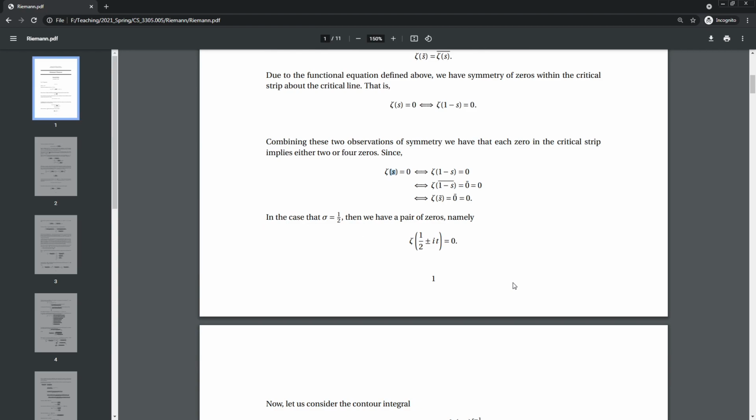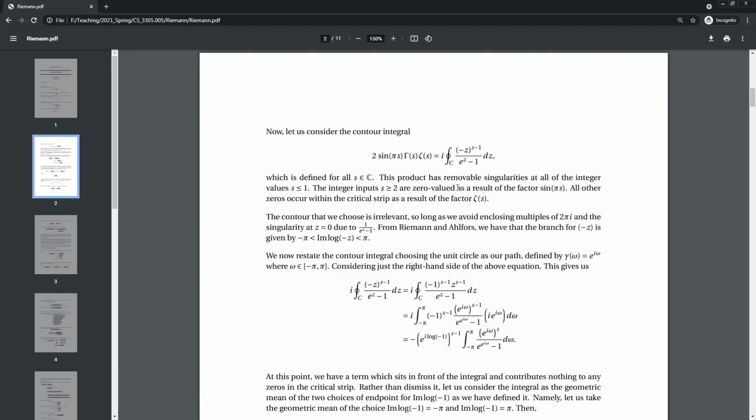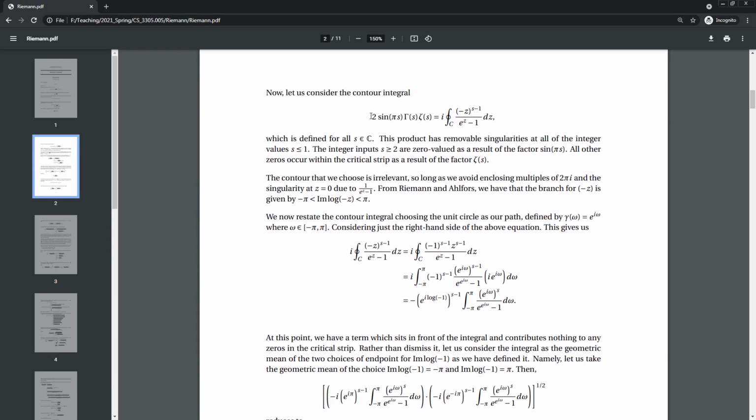Right? So it's a question of how many exceptions there are to finding these non-trivial zeros off of the critical line. Okay, so sigma equal to 1/2 turns out to be really important, and we're just restating here that whenever it's on the critical line, it represents 2 zeros. Right? Okay, so the function has this definition for,